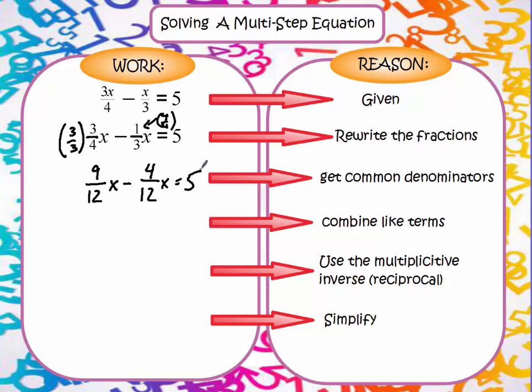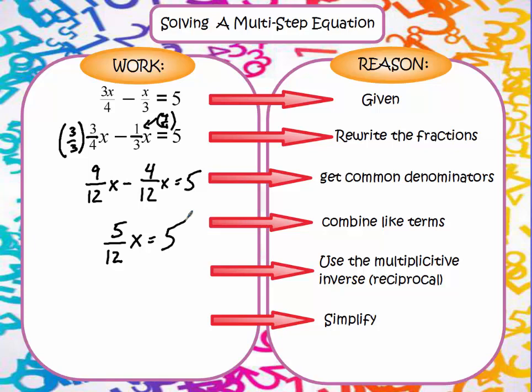Now the reason I needed common denominators is because whenever you add or subtract fractions, you have to have a common denominator in order to do it. So now we have like terms. We have two fractions that both have the same denominator, which is 12, and they both have the same variable, which is x. So I just add or subtract the numerators. So 9 minus 4 is 5. I leave the denominator alone. That's twelfths. I still have the variable x, and that equals